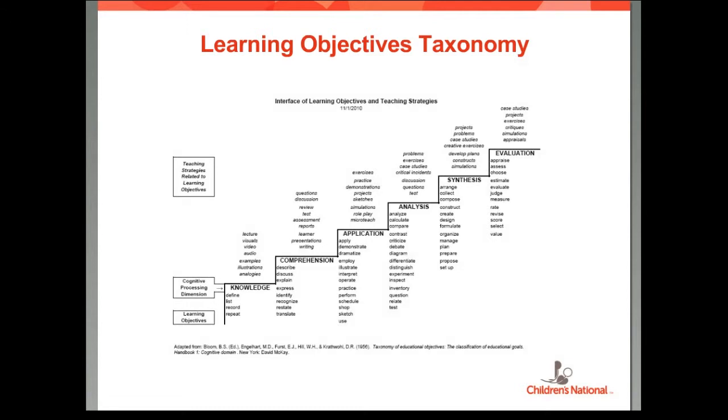On the bottom half, you can see various verbs to be used to have an active involvement of the learners, also in general being targeted to be able to measure them. This taxonomy is taken from Bloom, and the reference is there at the bottom. And it's been adapted to be more appropriate to the type of learning that we do.